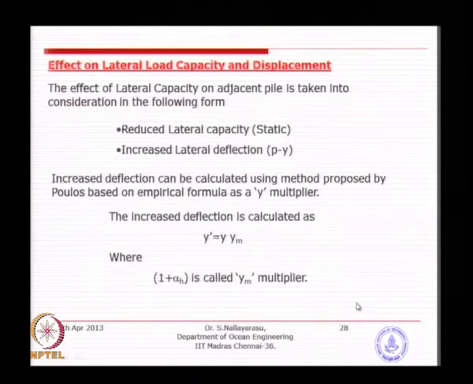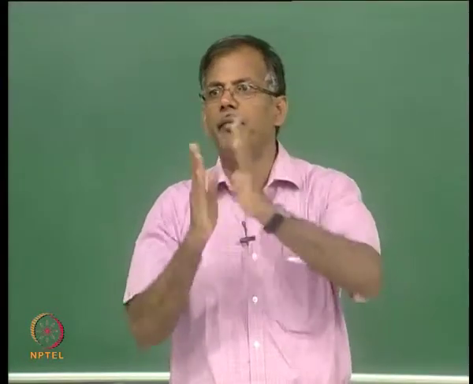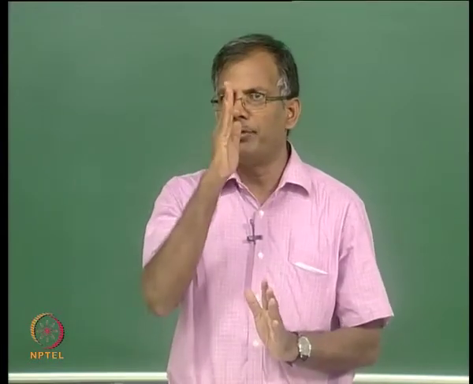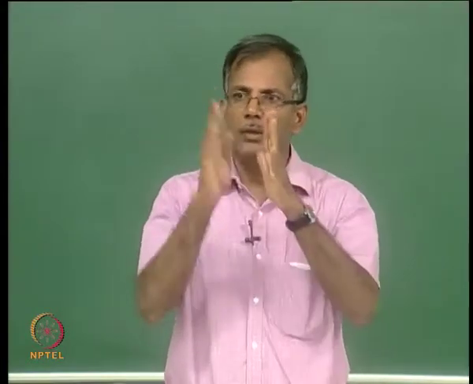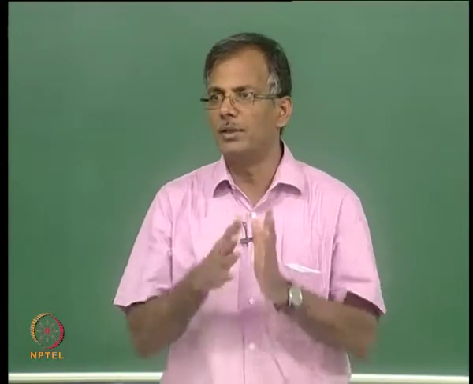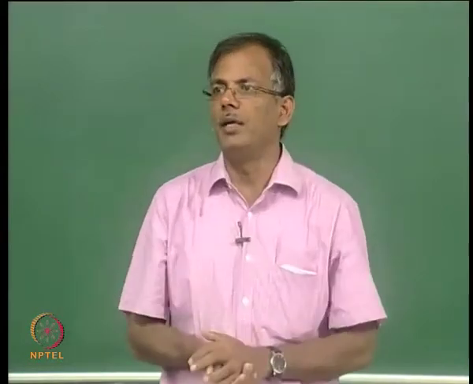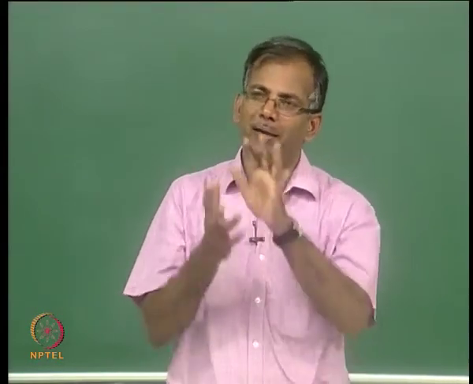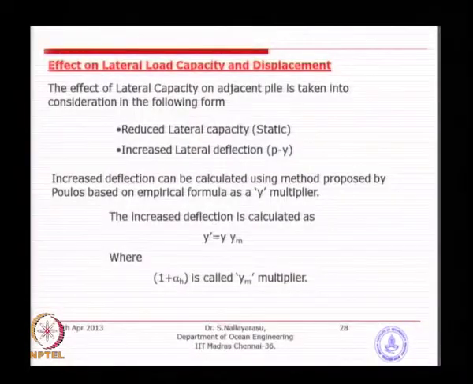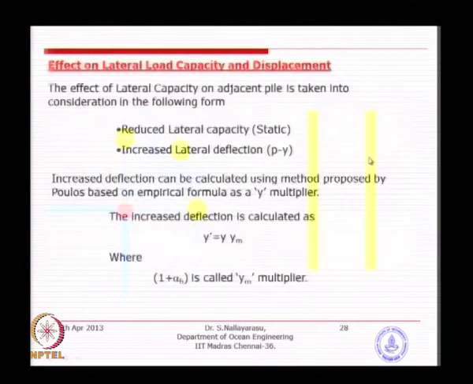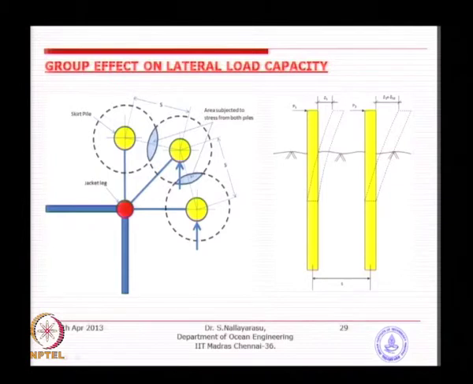So, it is a similar procedure, and basically one of the problems is the modulus value, which we were taking as an average. Here it may be very difficult to do an average, because the effect of the pile displacement on the soil is varying along the length. You can see less effect on the pile below and more effect on the soil near the seabed and just a little bit down. So, in that case we have to find a methodology to find out the values of modulus along the depth of the pile.